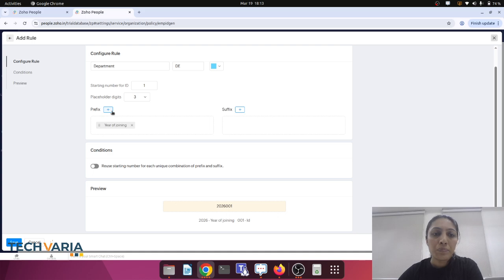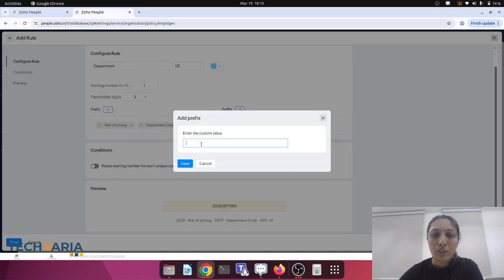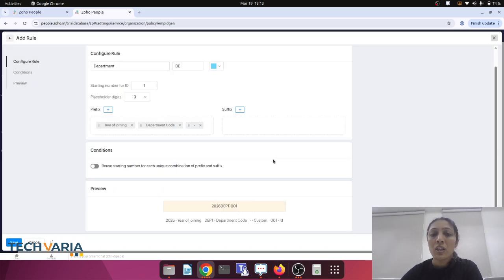And again, it's prefixed with department. And for example, I also want to add a hyphen or any custom value, so I'm adding a hyphen here and saving.